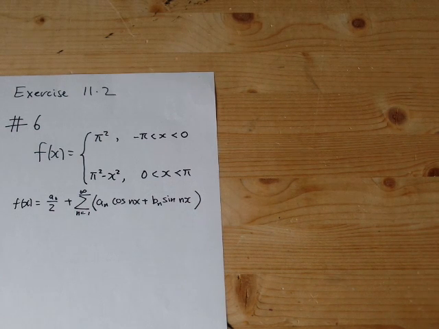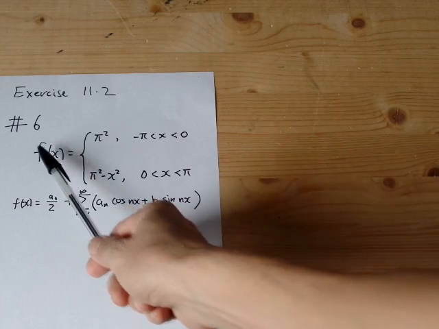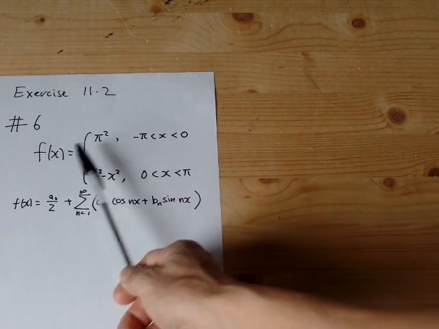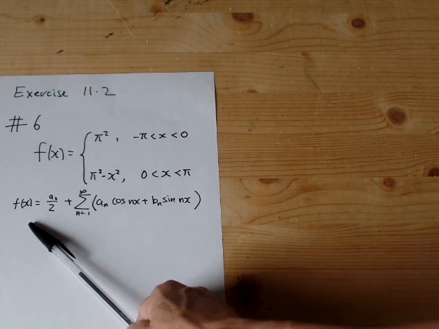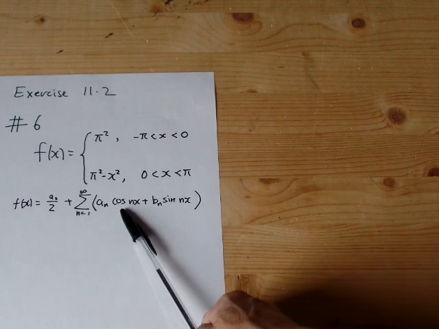This is going to be a video on how to do one of the homework problems. I'm going to try, in particular, problem number 6 in the book. What is the Fourier series of this piecewise defined function, defined in this way? Well, the Fourier series is going to be a0 over 2 plus the sum of an cosine nx